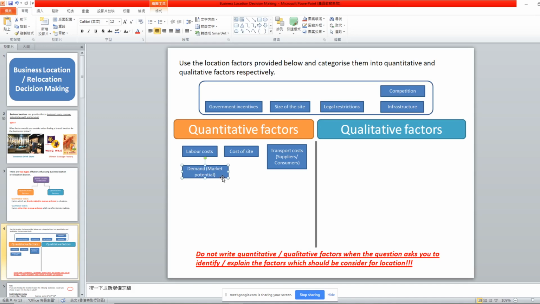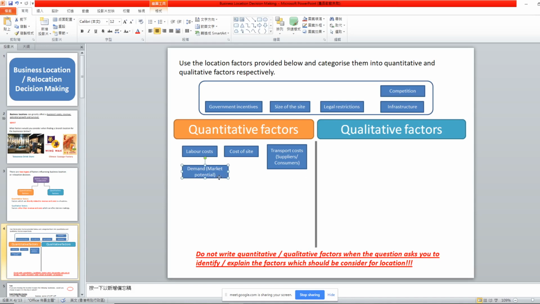Demand. What are they talking about? What are we trying to consider in this box here? Demand of what is it trying to say? Can you explain it a little bit? Your potential customer amount. More people want your product. Kenneth, Matthew, very good. That is exactly what they're trying to say. Yes, Chloe.